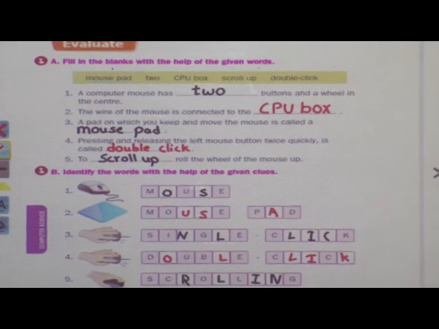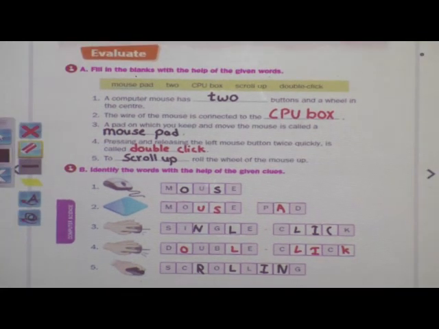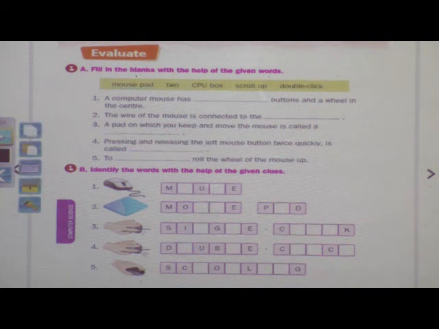Okay students, have you done? Have you written this? Yes. Now come to the next page.